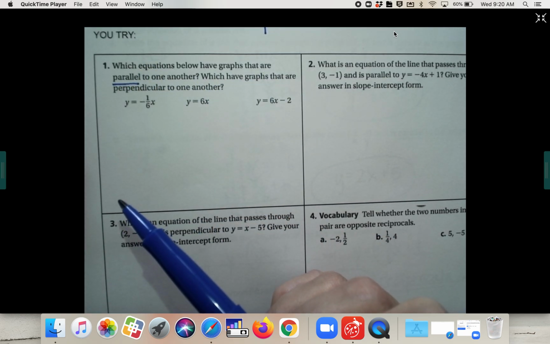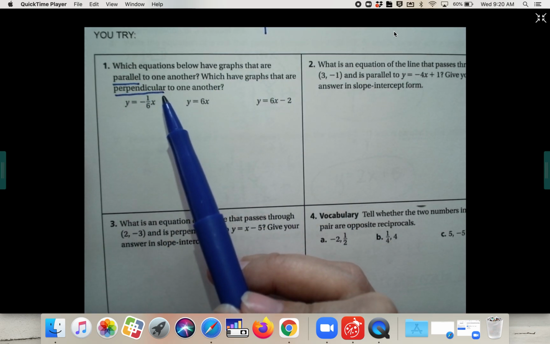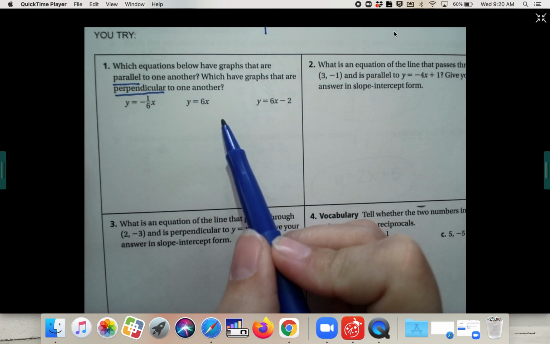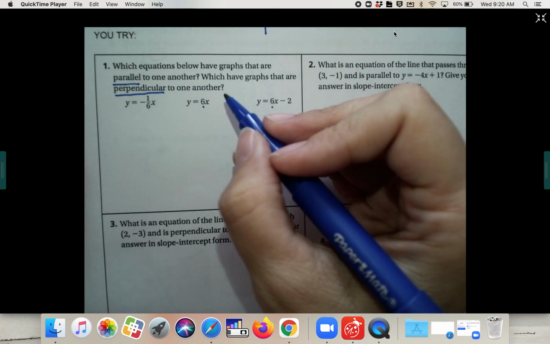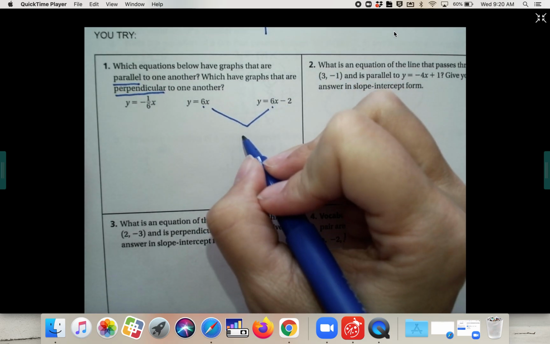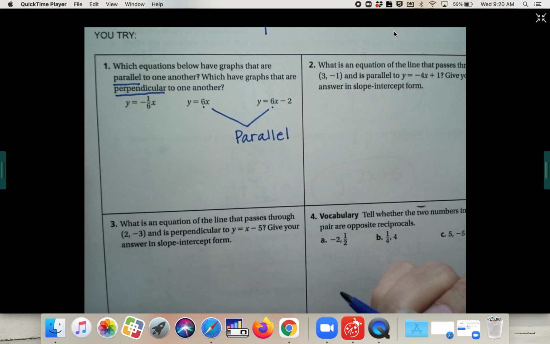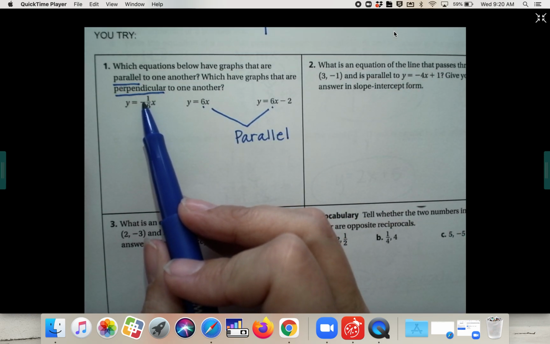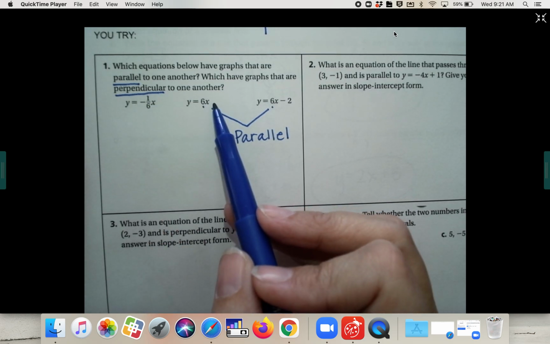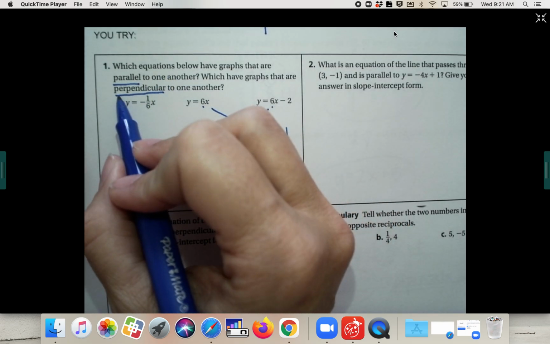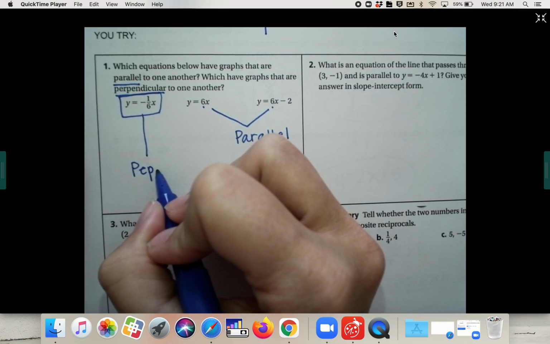Parallel again means same slope. And then which graphs are perpendicular, which again means opposite reciprocal slopes. So 6 and 6 are the same. So I would say that these two slopes are parallel. And then negative is the opposite of positive, and 1/6 is the reciprocal of 6 over 1. So this one is actually perpendicular